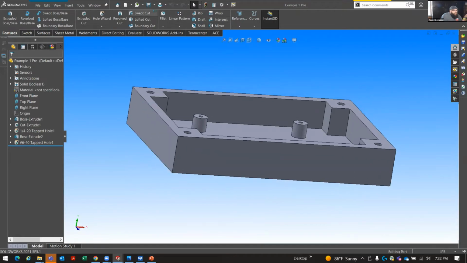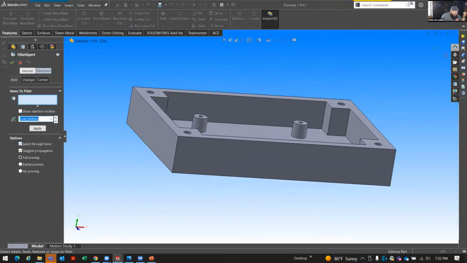So I know that I've got a 1/2 inch end mill, so we can kind of go in here and we can say a lot of our external radiuses,